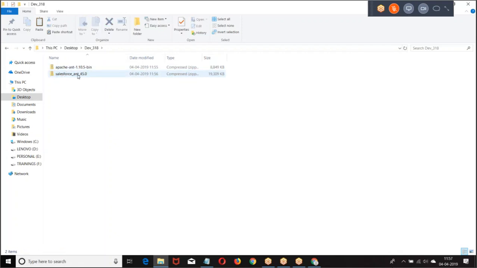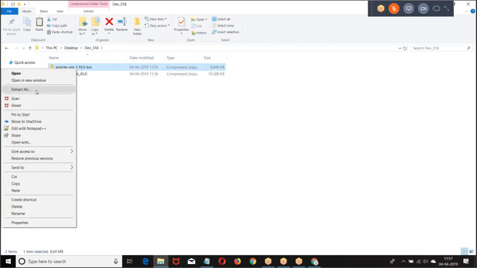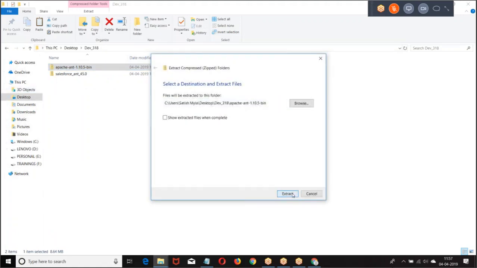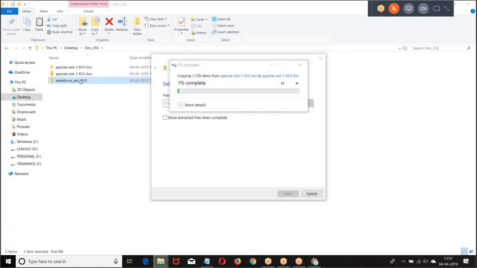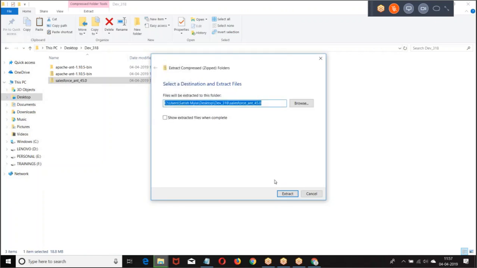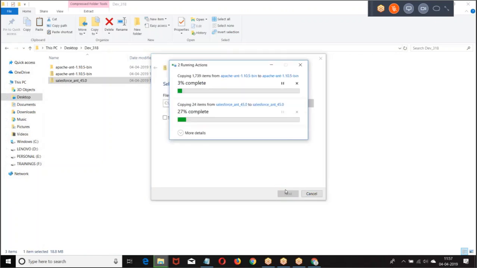Then here we have Apache ANT. Extract both the files. What are the zip files we received? Extract them. We downloaded the files, we are extracting.